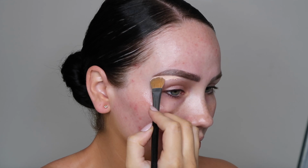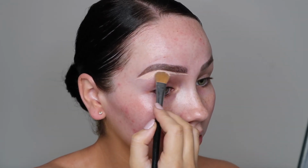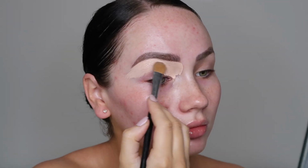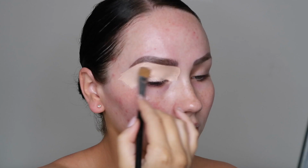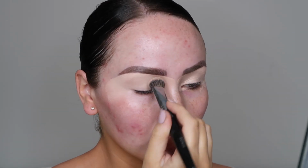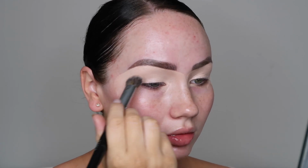So we are starting off with our P. Louise base in the shade Rumour 2 on our Rumour E1 brush, and we're just carving out the bottom of our brow and then dragging the rest of the product down to our lash line. After that, we're pressing that product down with the Rumour F5 brush. Keep in mind you only want to use little stippling motions,